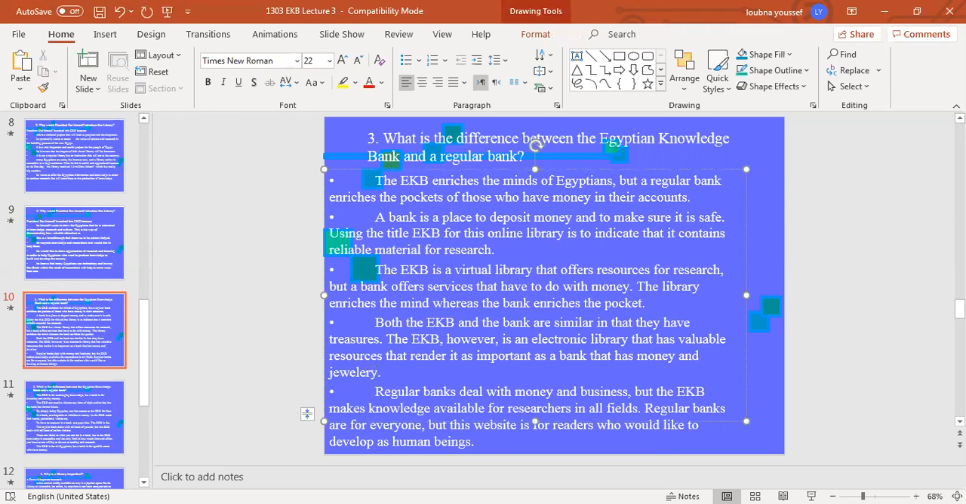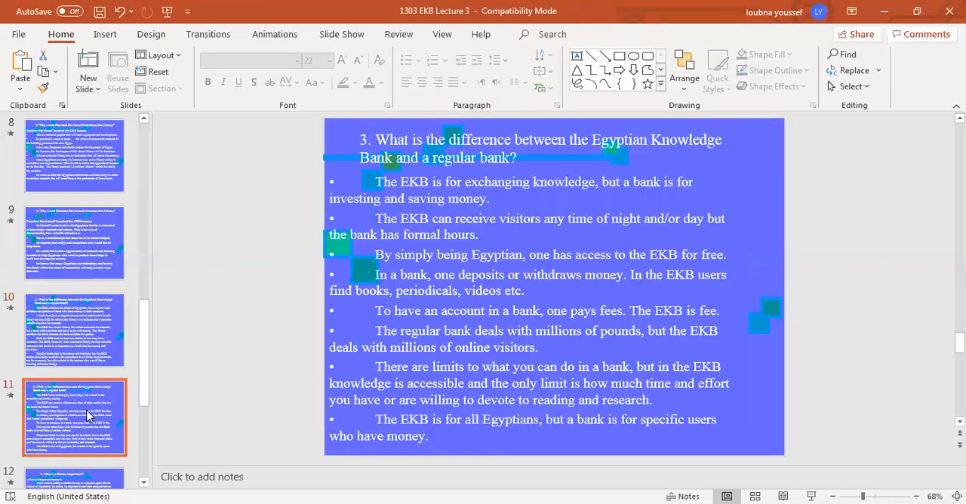Now, regular banks deal with money and business, but the Egyptian Knowledge Bank makes knowledge available for researchers in all fields. Regular banks are for everyone, but this website is for readers who would like to develop as human beings. Now, let's move on to slide number 5. Here's slide number 11, I'm sorry. And slide number 11 introduces more differences between the Egyptian Knowledge Bank and the regular bank. And you can read these